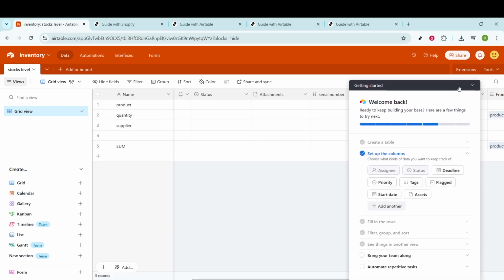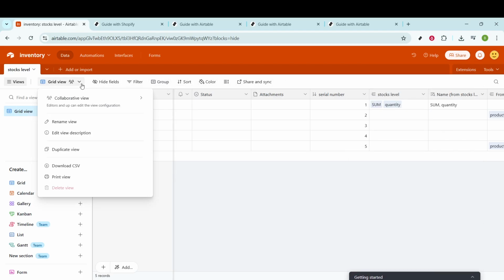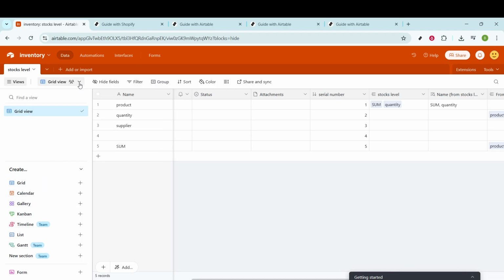Next, you'll need to select the view that best suits your printing needs. Airtable allows you to set up various views, each tailored with specific configurations and visual arrangements of your data. These might include a simple grid view showing rows and columns, or a detailed form view highlighting individual entries. Take a moment to think about what you want your printed copy to look like and select the view that